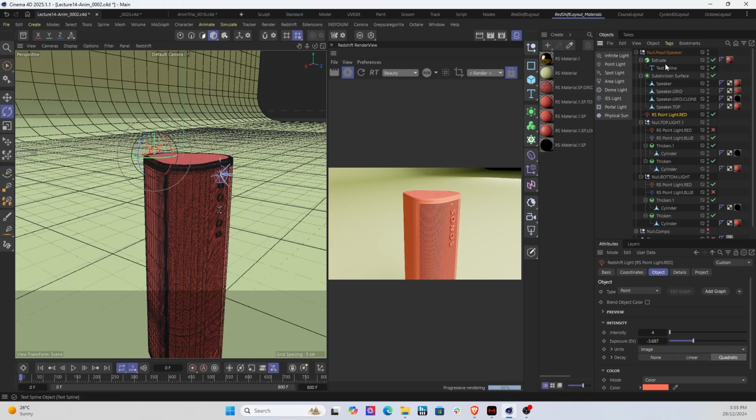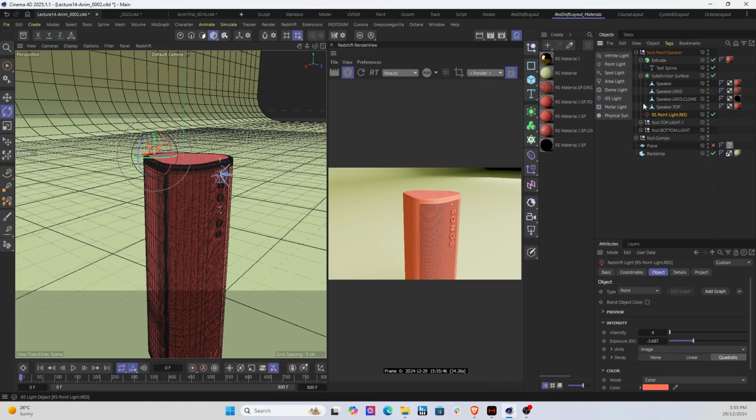I do recommend a better naming convention than what I've got here, but it will work in any scenario. So the main thing is to grab the entire speaker and place it under a group, because we will be rotating the Sonos speaker as the particles are circling around the speaker. Now, first things first,